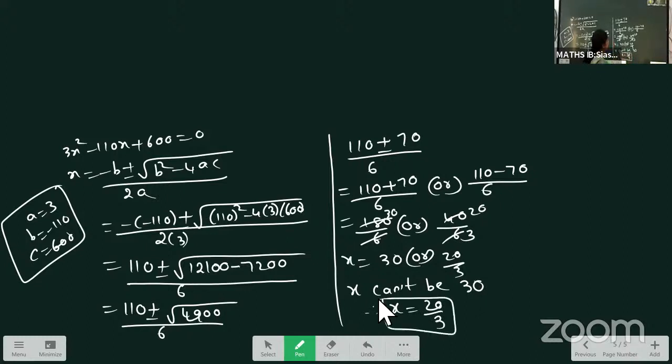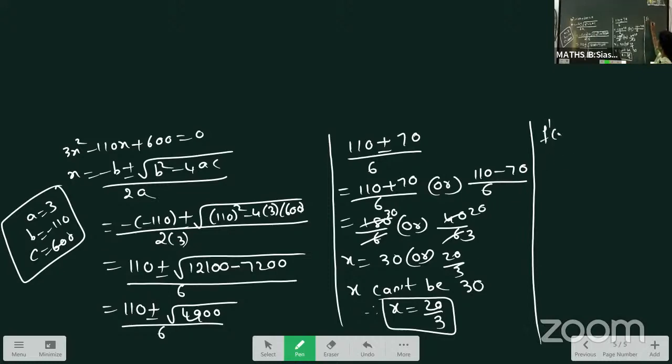Then what is the question? What do we actually have to find out? For finding the greatest volume, we have to show this is the greatest volume. For finding the greatest volume, what do we want? f double dash of x we want to find out. So f double dash of x we have to get less than 0, right? Now,